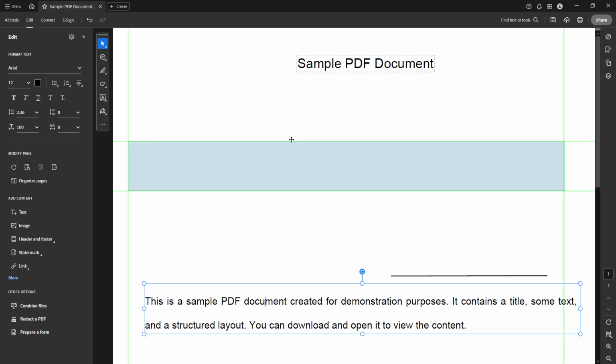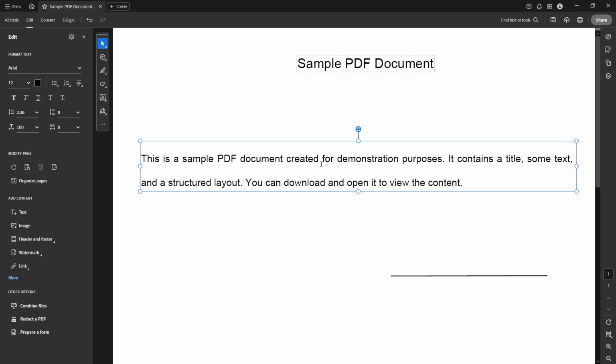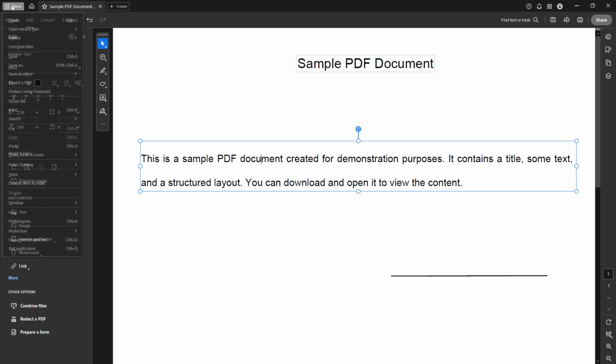Don't forget to save your document once you've completed your edits by clicking File and then Save to ensure all your hard work is preserved. With these skills, you can tackle any PDF editing task with confidence and